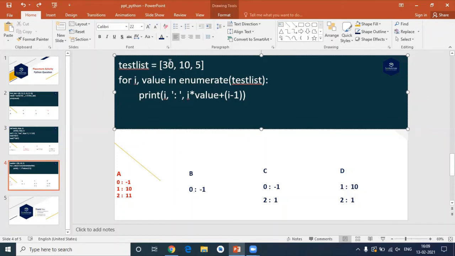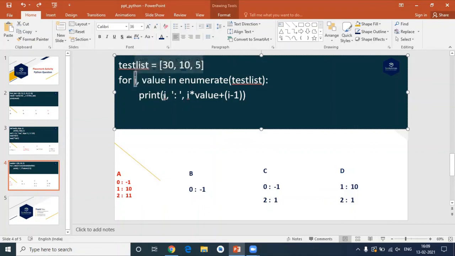First I'm picking 30, but it also takes an index, that is 0, 1 and 2. It is accessing the 0th index of the list. I indicates the index value. If I take the index i as 0, it takes the value at the 0th index of the list, that is 30. So i indicates the index of that particular value, and the value indicates the value of that list.